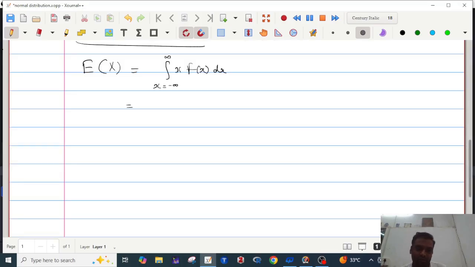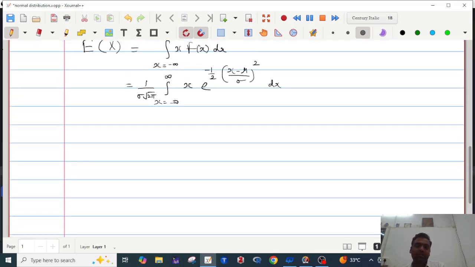Now put the PDF here. PDF is 1 upon sigma under root 2 pi. Take 1 upon sigma under root 2 pi outside, e raised to minus 1 half, x minus mu upon sigma, bracket square, into